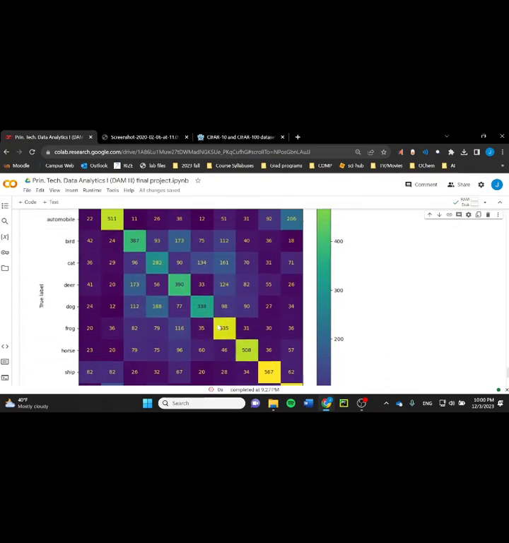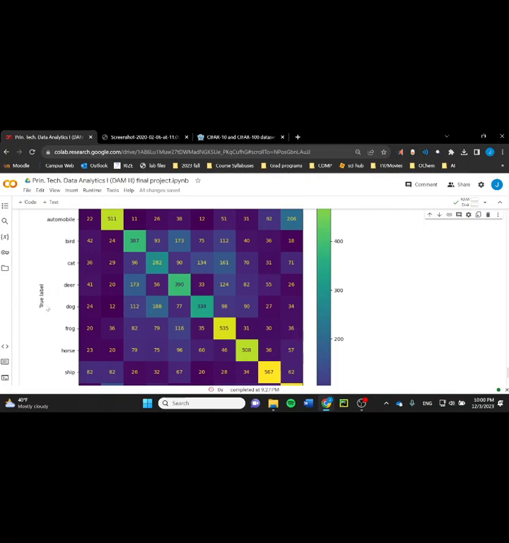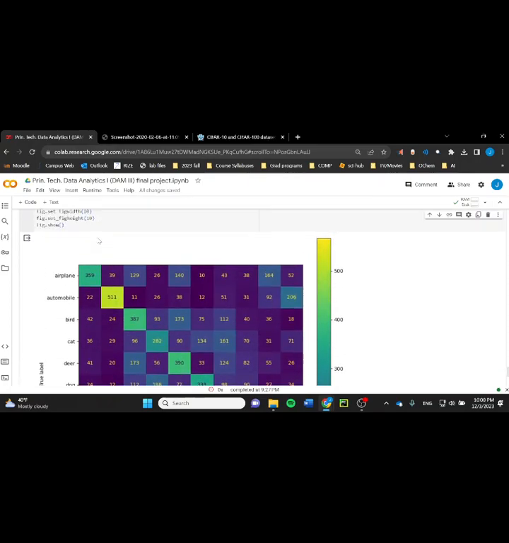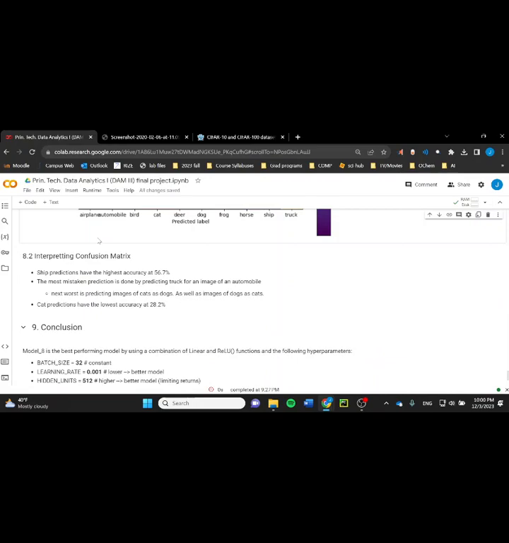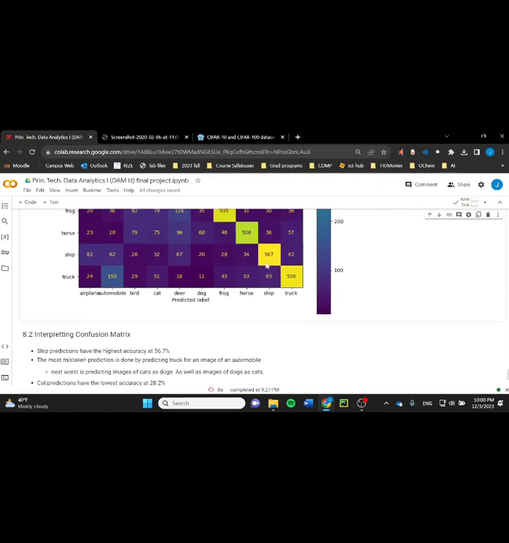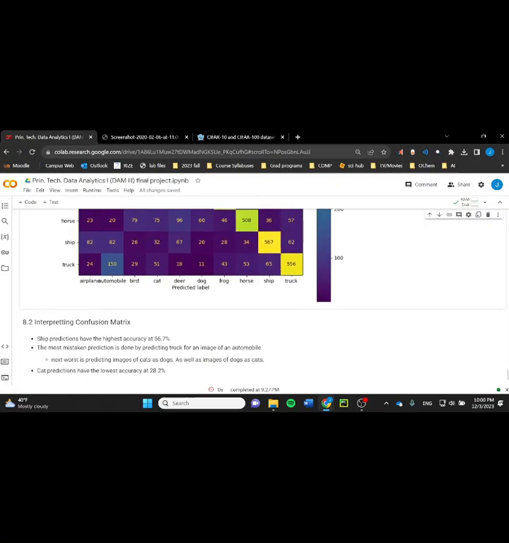Here's my confusion matrix. It's very, very pretty, very bright colors. You have the color scale here. Here's the true values, and here's the predicted values. So if we predicted airplane, we got airplane 35.9% of the time. And it's very cool the things you can look into with this. Here's some interpretations I wrote down. Ships have the highest accuracy score of 56.7%, and the most mistaken prediction is done between truck and automobile, which